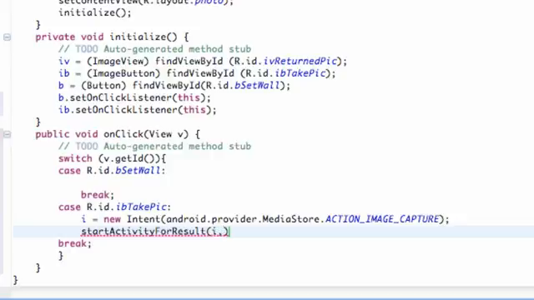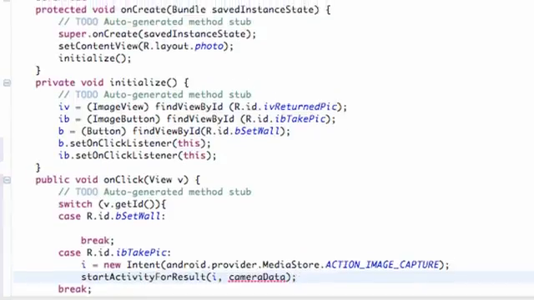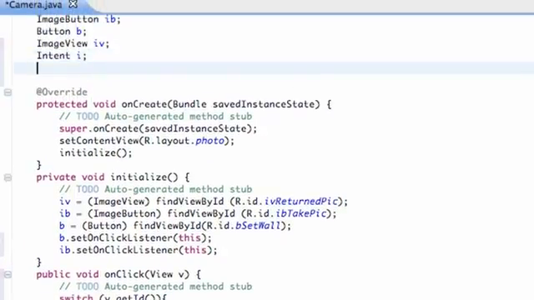And then we're going to hit a comma and set up a variable that's going to collect the data. And it's going to be an integer type variable. So we're going to say cameraData is what we're going to call this variable. Since we don't have a variable yet called cameraData, we're going to again set this up above our classes. So we're going to say int for integer and cameraData, and we're actually going to set this equal to 0, and you guys also need to say final static,